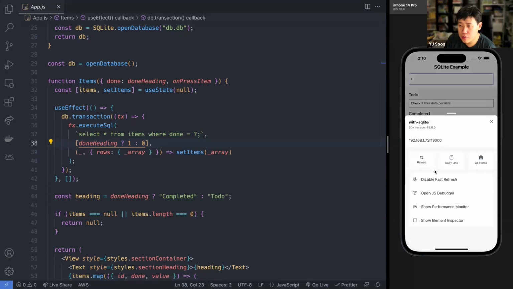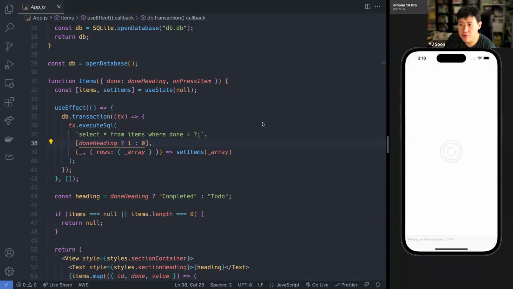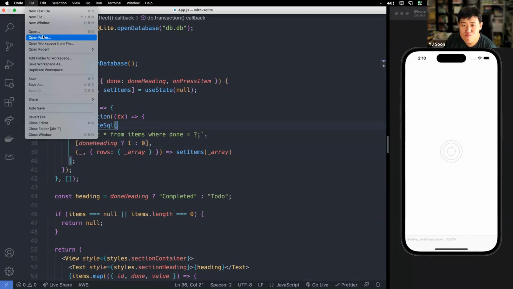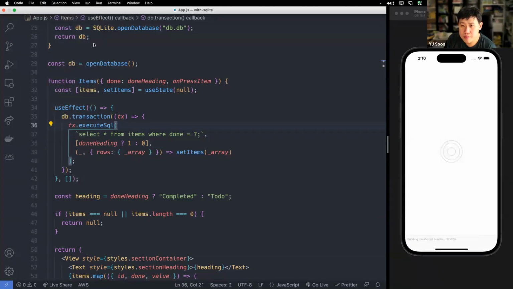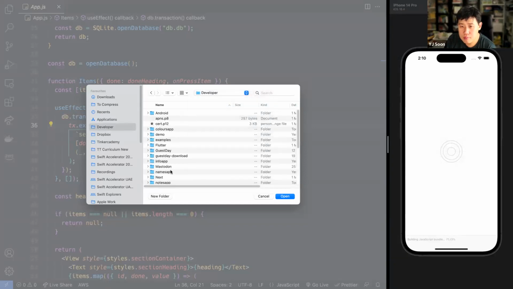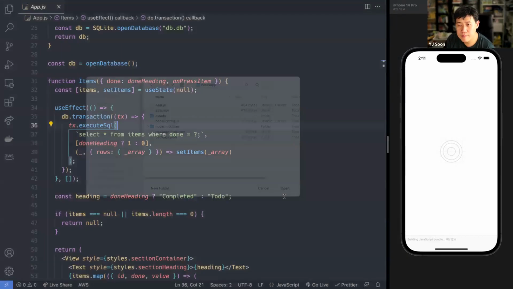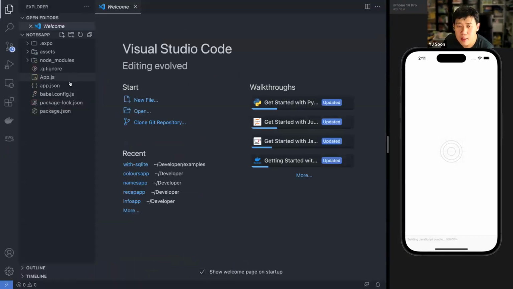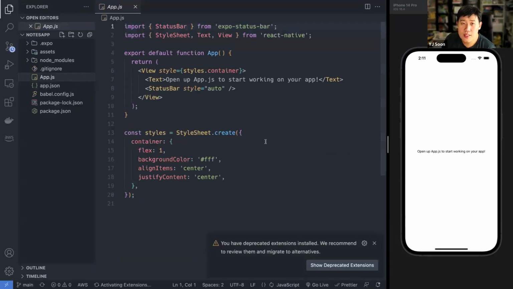And down here, I'm going to reload this and it's going to give me a new thing. And I'm going to switch this over to my Notes app. Okay, great. App.js. Okay, so we've started everything all over again.